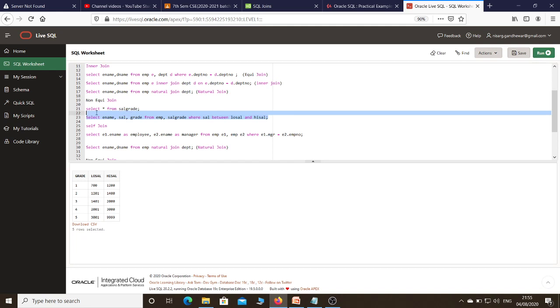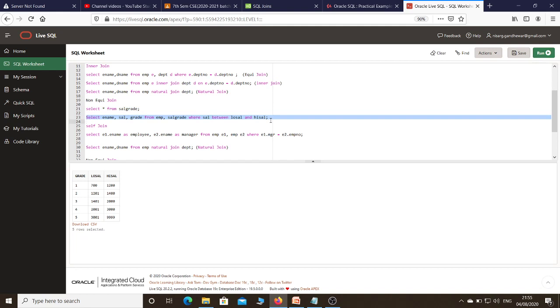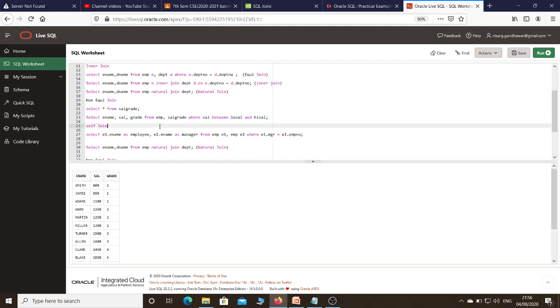So I execute this query, and let's check what output we get. This is considered an example of a non-equijoin. I execute it, and here we go, I got the output: employee name, salary and the grade. We have seen for grade 1 the range is 700 to 1200. So 800 of course comes into that range, that's why its grade is 1. Similarly we got the grade for all 14 employees. So this is the type of a non-equijoin. The non-equijoin is also a type of inner join.